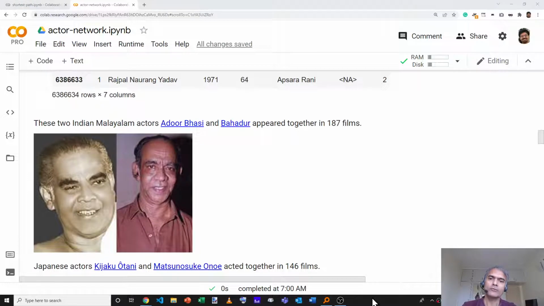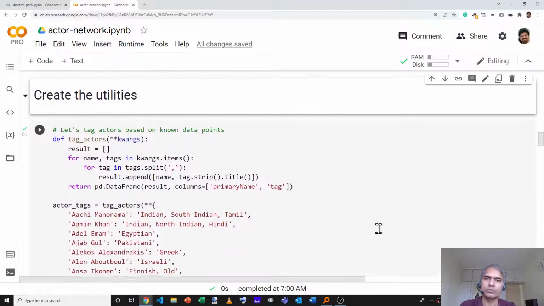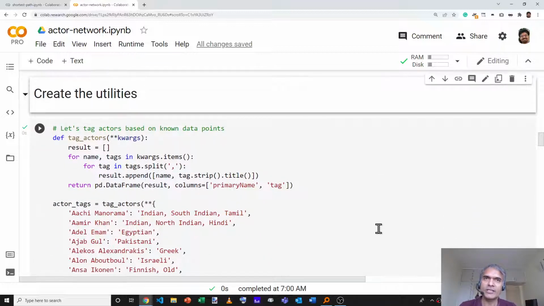You now have all of the information required to create a worldwide cluster of actors. 1, how to create the adjacency matrix, and 2, how to actually go about using Louvain as an algorithm to create the cluster. I'm not going to go step by step through the rest of the functions in this code, but just give you a cursory overview over the next few minutes so that you can get a feel for what is possible with this.